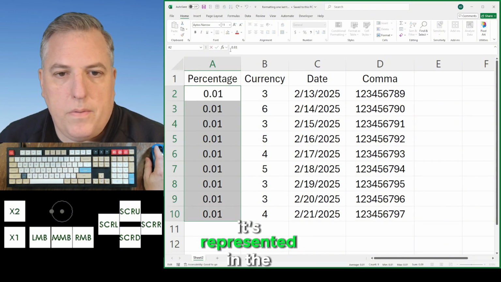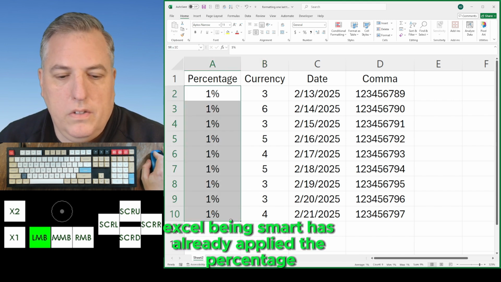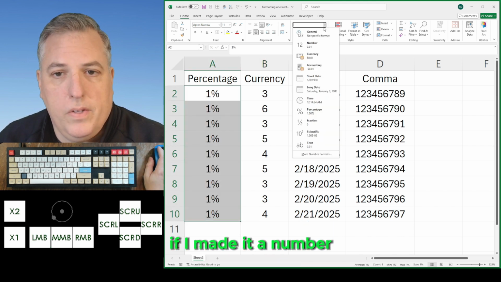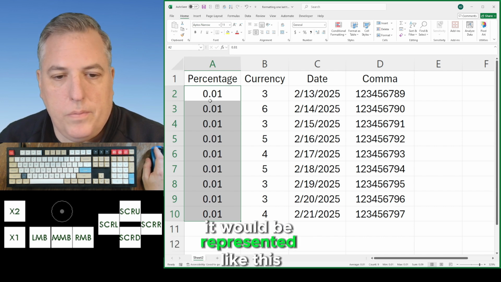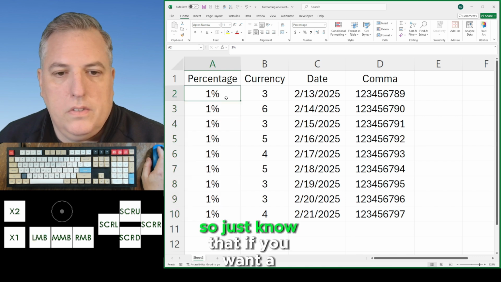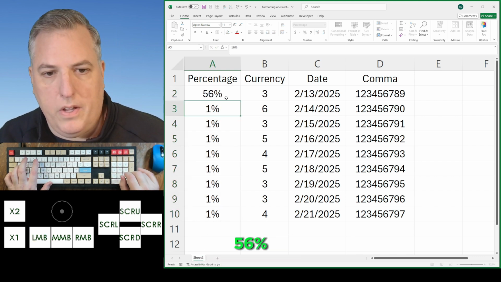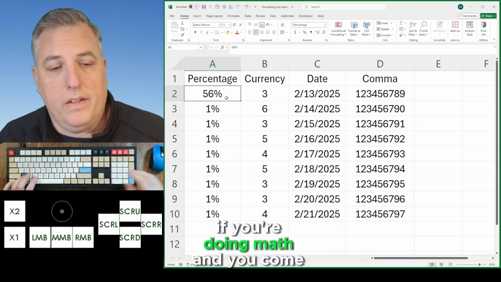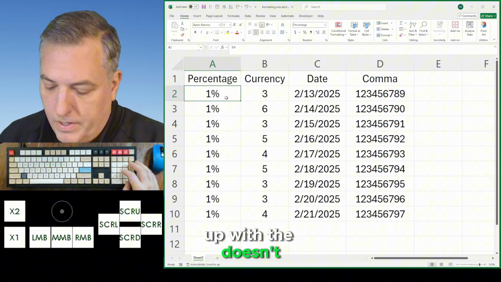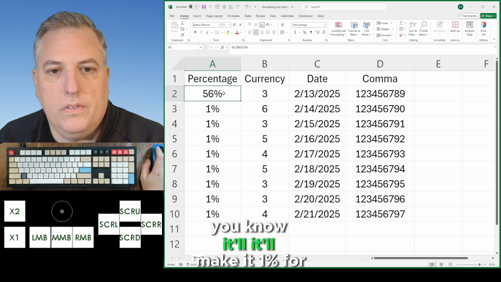As you can see here, it's represented in the formula bar as it actually is. Excel, being smart, has already applied the percentage. If I made it a number, it would be represented like this. It does the conversion for us. So just know that if you want a percentage, you don't necessarily have to type 56%. If you're doing math and you come up with the points, this kind of thing,